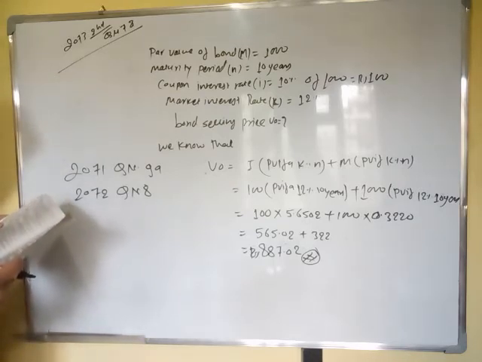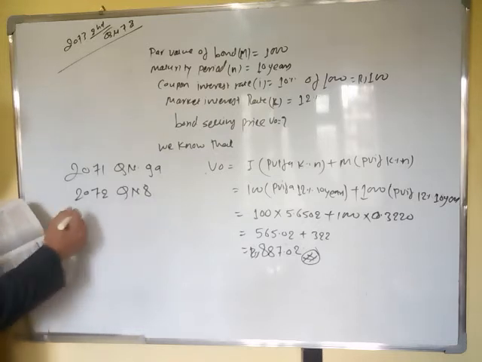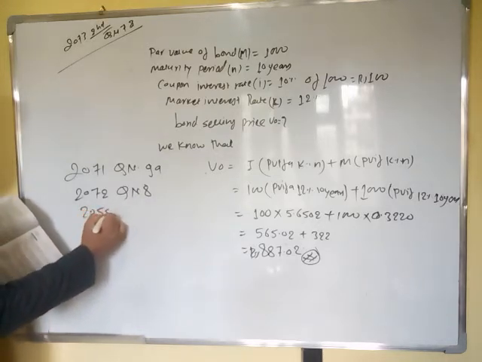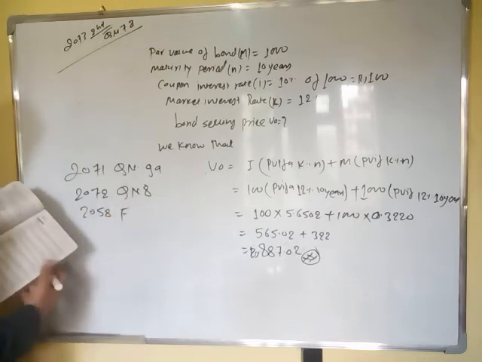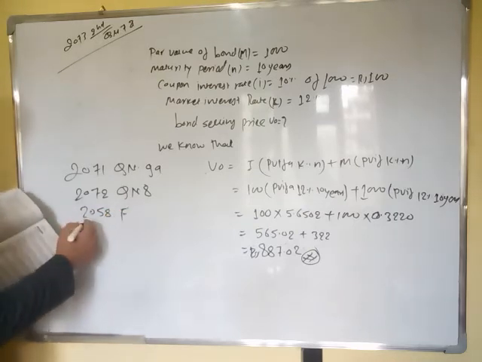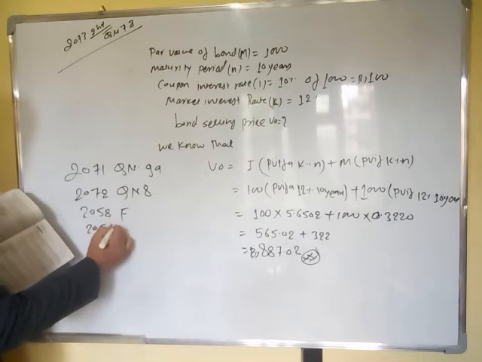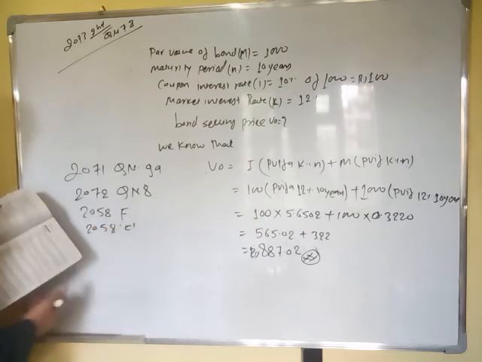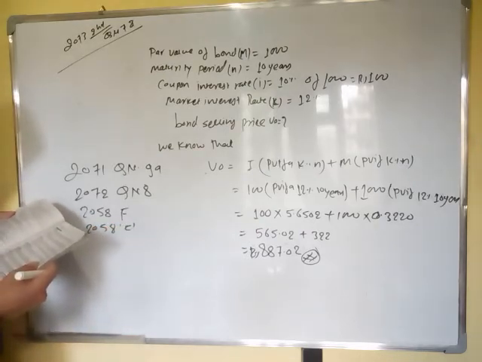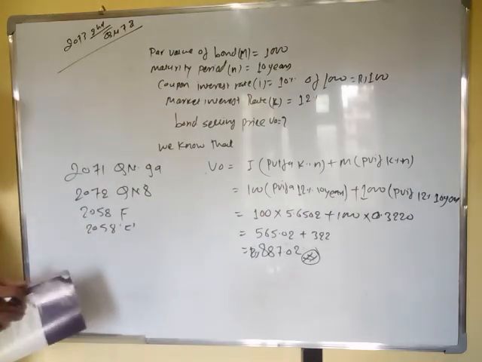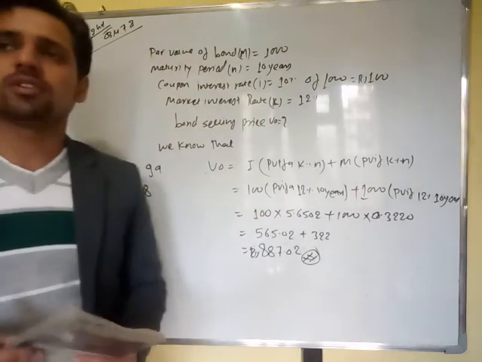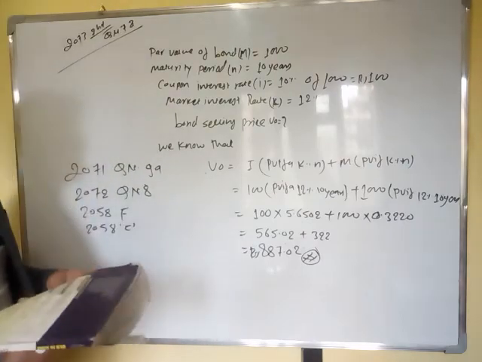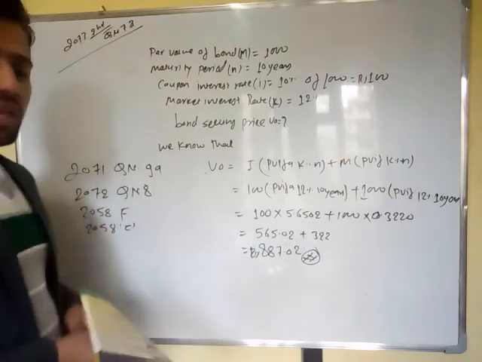Next one we have price, 2058 F, 2058 C. Next one. Okay, that's enough. This one you need to solve onto your copy, and I will check your copy, and then